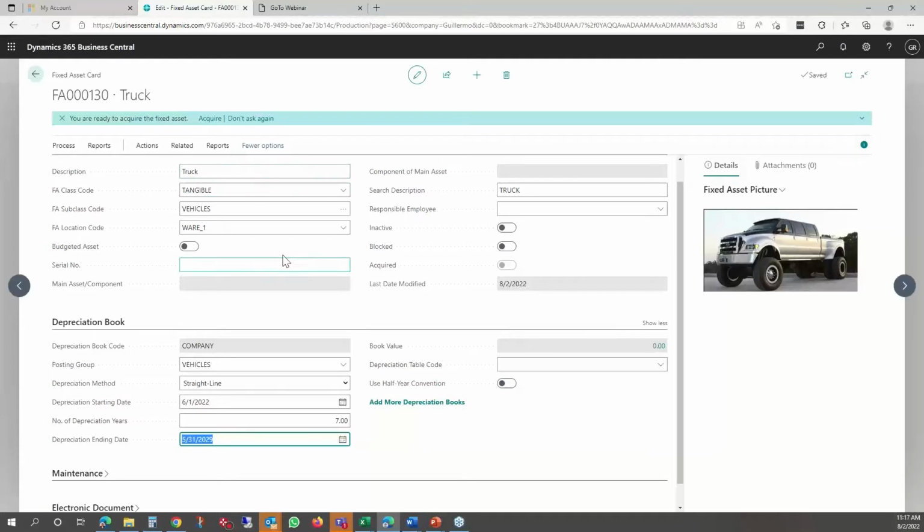And then when you finish putting all the information that you need, it's going to give you an option to show the journal entry for this acquisition. I'll say yes, and then you'll see the details behind that journal entry, and that will be the manual way of doing it. So let's go ahead and say acquire,